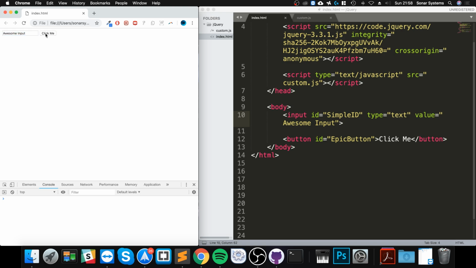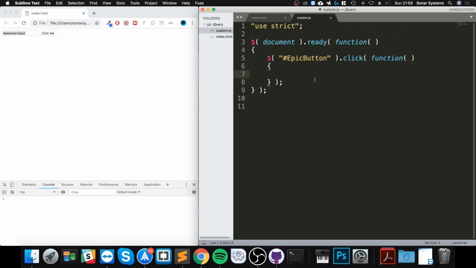So when we click it, we want to retrieve whatever value is in there, and that is extremely useful when you are creating some sort of submission form. So to do that, we got this button click already set up. So I'm going to say